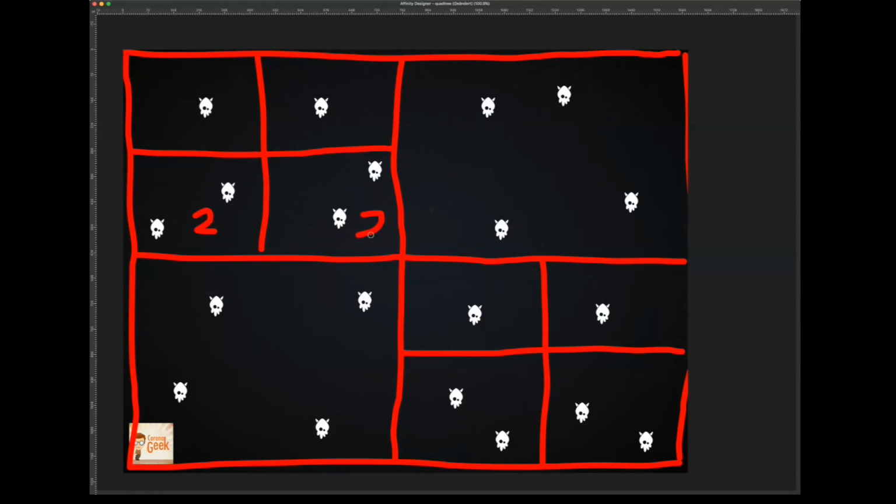Here again, 2 collision checks. Here 4 by 3 collision checks. This is 12. 2 and 2, 0, 0, and again 12. If you sum these numbers for collision checks, this is way less collision checks than 380.